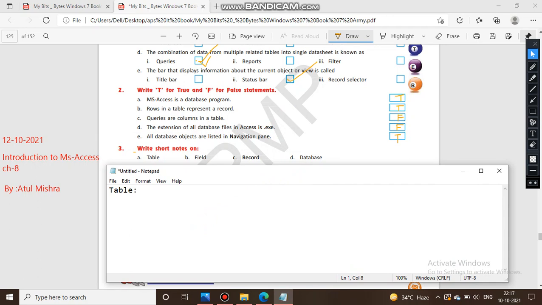So table, you can define that in MS Access. A database consists of tables organized in rows and columns.